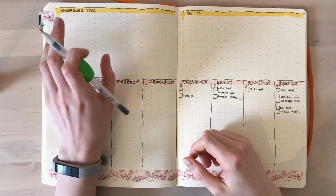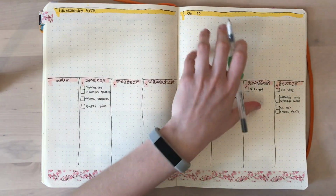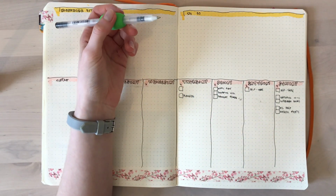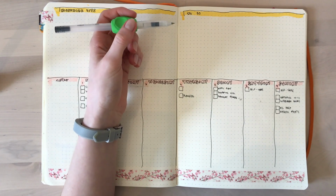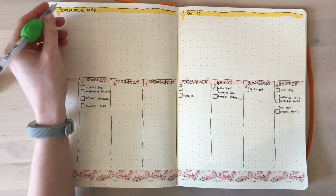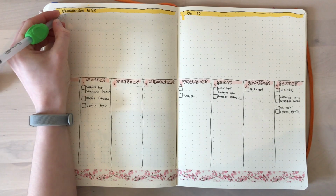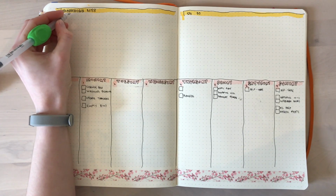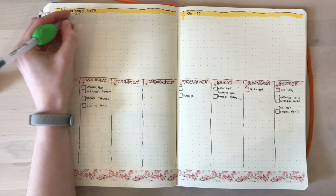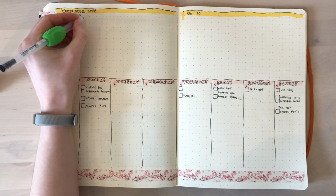So we have on our left-hand side housework bits, which are chores around the house, I guess, and on the right hand is my to-dos, which is probably quite self-explanatory. So on here then I will write the initials for the days of the week. So we have Monday, Tuesday, Wednesday, Thursday, Friday, Saturday, Sunday on my x-axis, and then on my y-axis I will